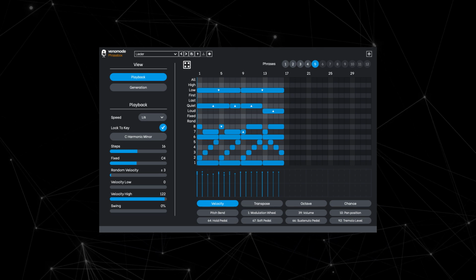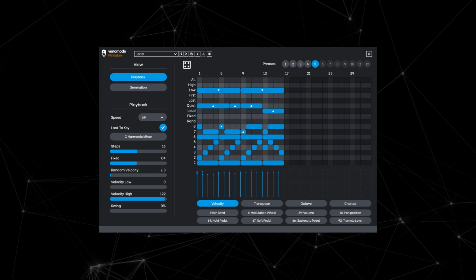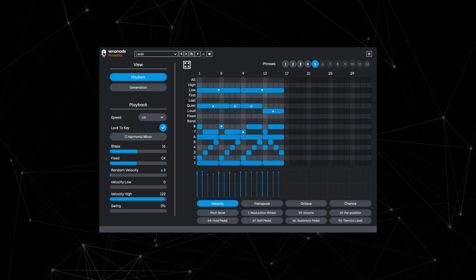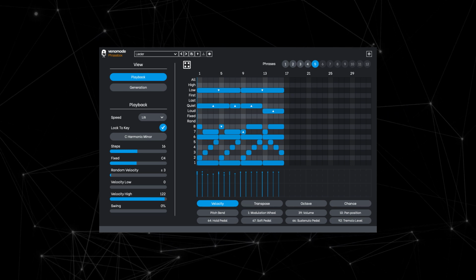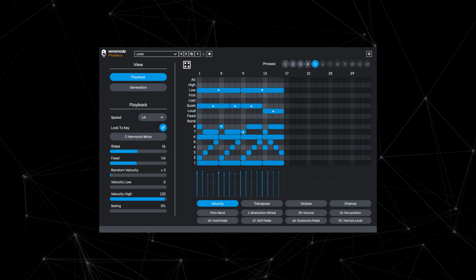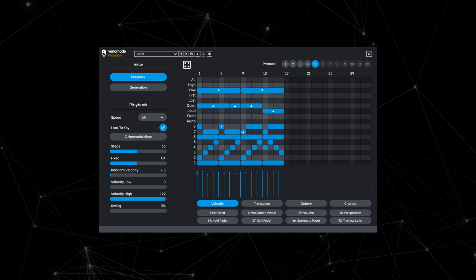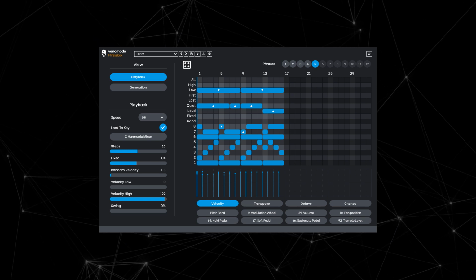If you've not yet had a chance to check out the first two videos, I strongly recommend that you pause this one, follow the links in the description, check those out and come back when you're done. Because in this video, we're going to be exploring how to use more rows, including the special rows and using